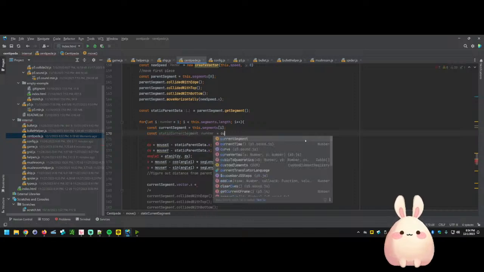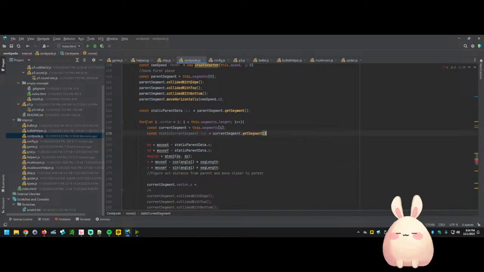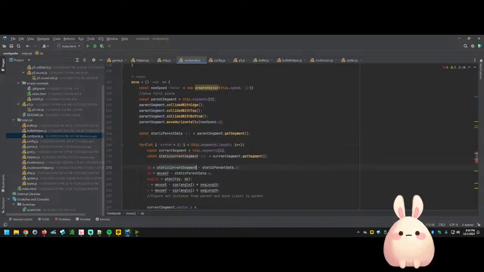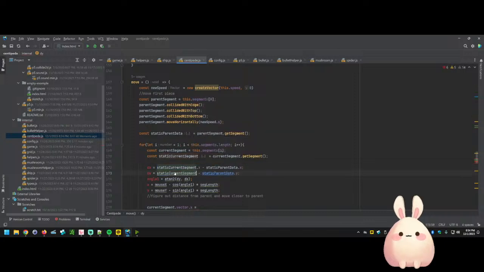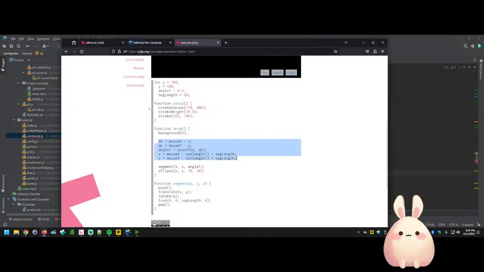It's going to be equal to the current segment dot get segment. So we have a u, and what we want to do is get the current segment's x. Nope, static current segment. Yep, dot x and dot y and